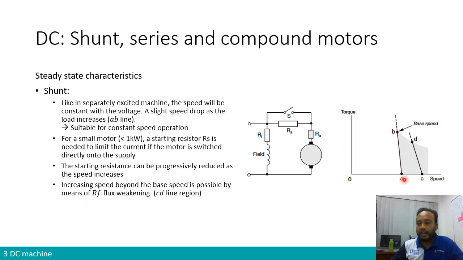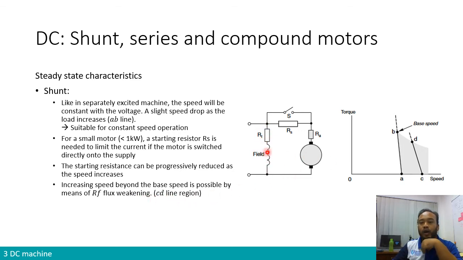Okay, and another point worth remarking on is what we call the baseline, just now. At the maximum voltage, you will have the maximum base speed. But if you want to go to a higher speed, just like what we discussed in the previous week, we can do what we call flux weakening. We can increase the speed beyond the base speed by doing flux weakening. So what is flux weakening? Flux weakening means that we will reduce